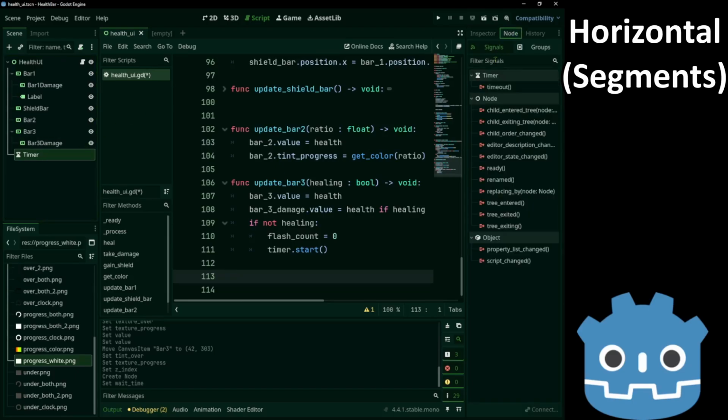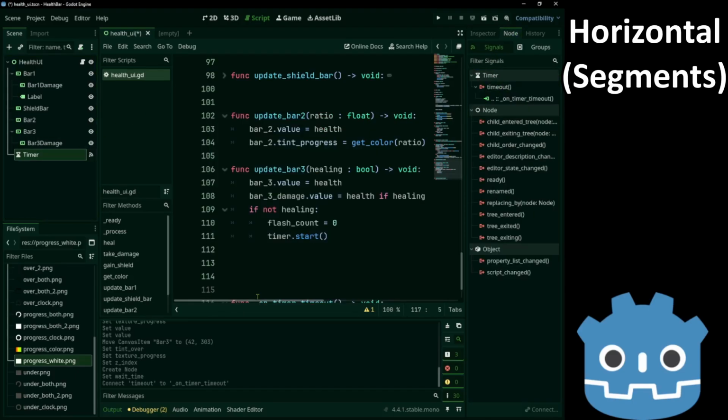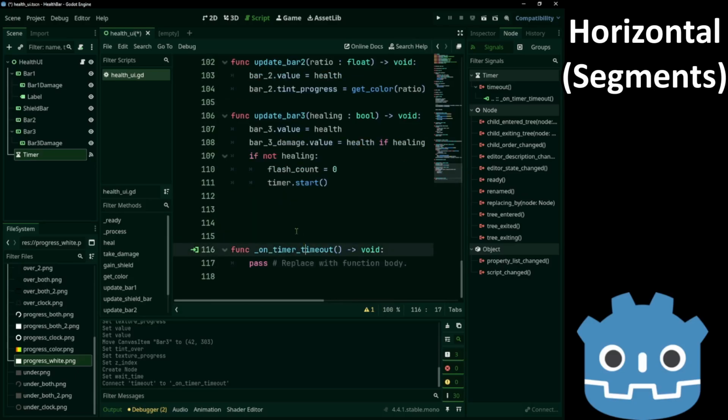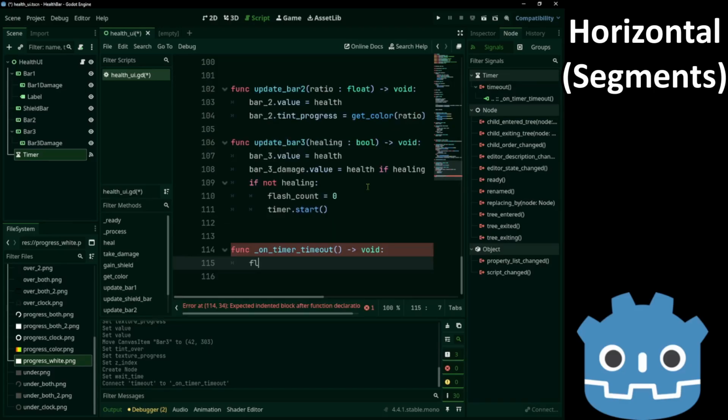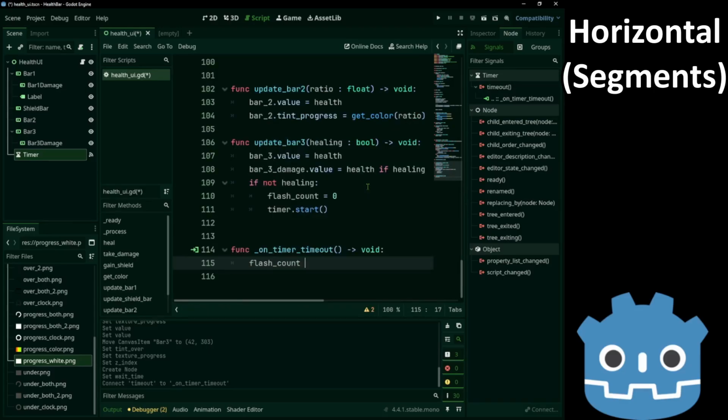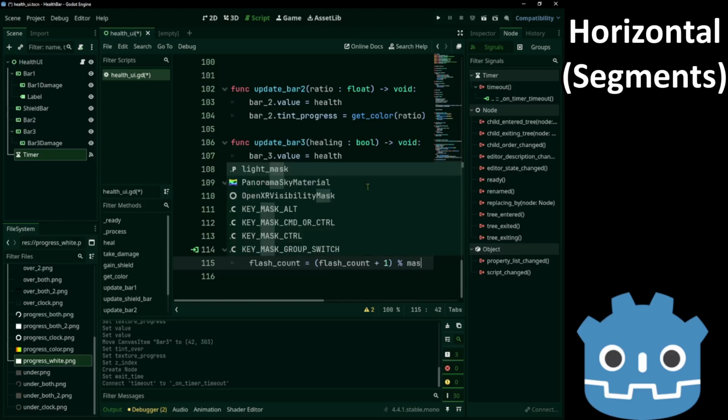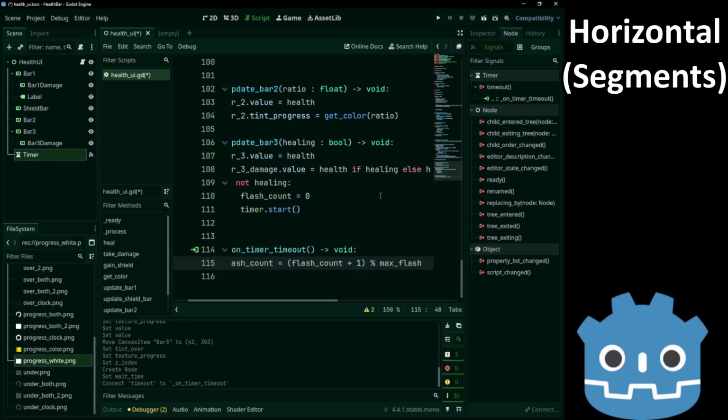And now we connect its signal. We are going to increase the flash count by 1 and use mod max flash, which is 7.